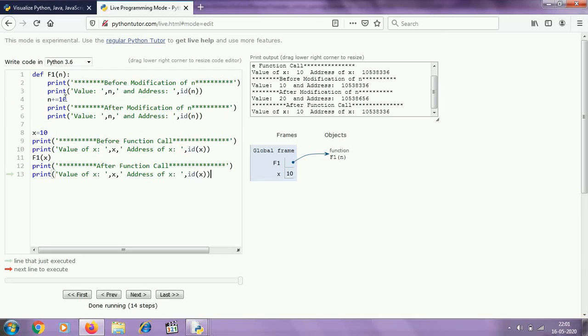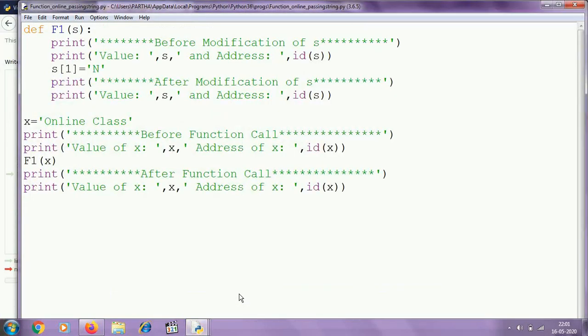As the object was integer type and integer is immutable, after modification the address of n is changed as well as its value, but the memory address as well as the value of x will be unchanged.